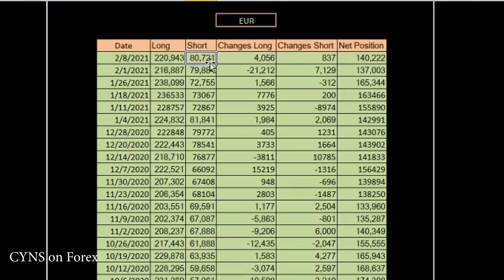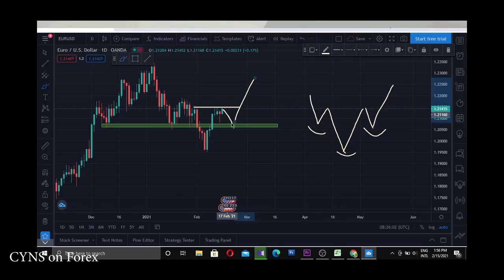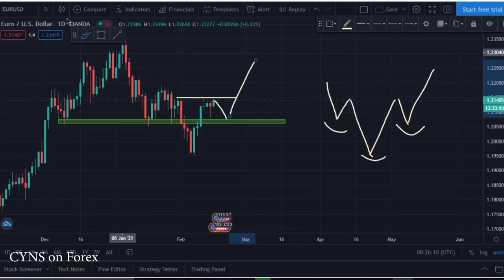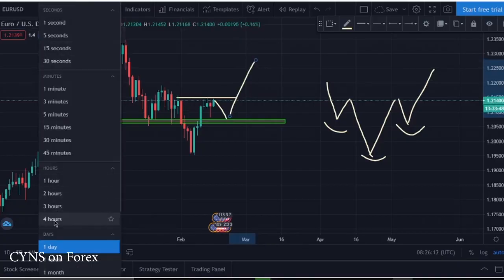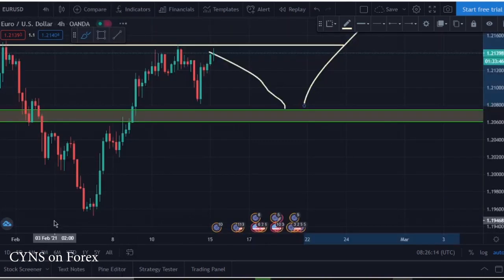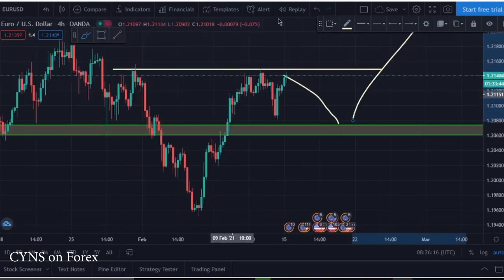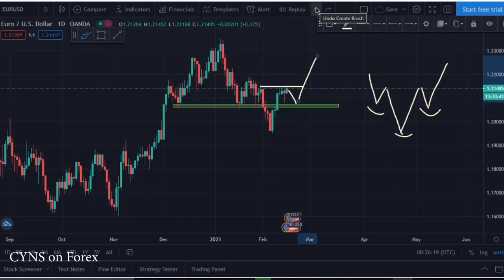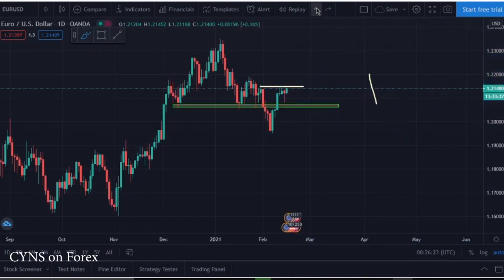Overall, Euro USD is getting quite bullish. However, the Euro USD market may move to the downside in the short term, accumulating more longs in this area, and after that the market continues to the upside. The monthly, weekly and daily time frames combined with the core data are the best time frames for measuring the direction of this market. When we come to confirmation and entering the trade, the best time frame is the 4-hour time frame.